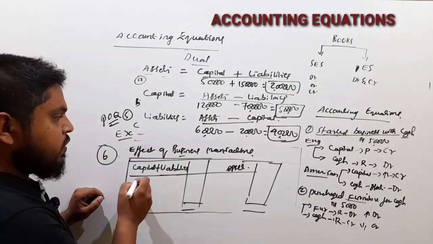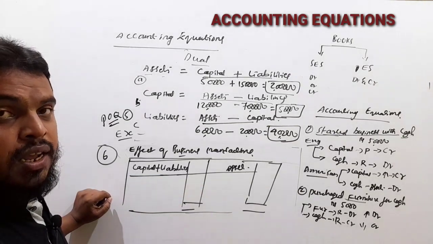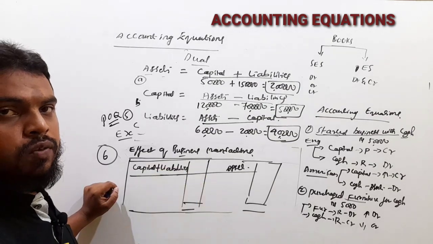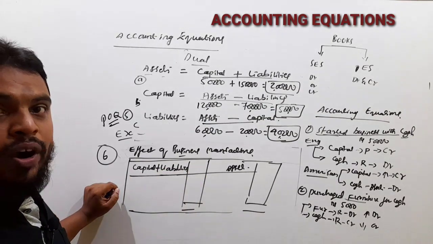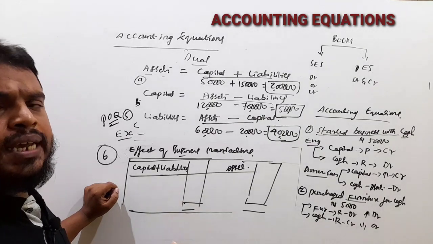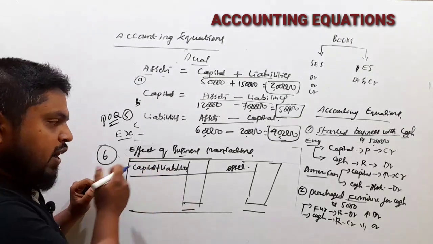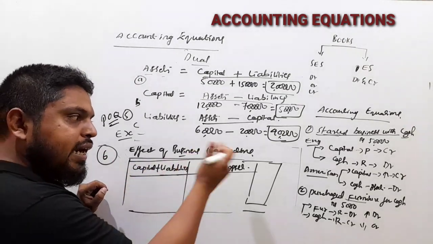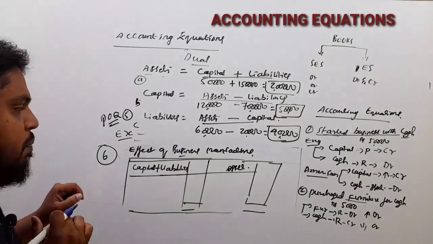So here, left side. Here we are following the balance sheet format, horizontal. So the balance sheet is also one of the basic concepts. The balance sheet is a statement, not an account. It shows the various assets and liabilities of the business. So left side liabilities and right side assets. So this is the horizontal format balance sheet.